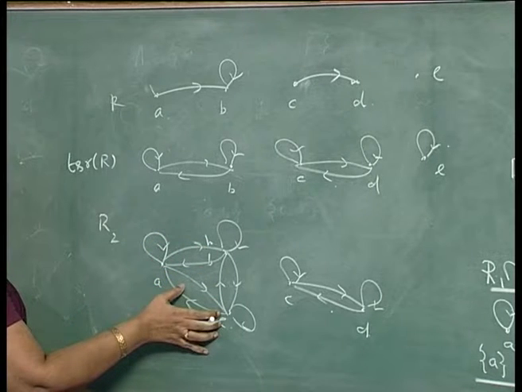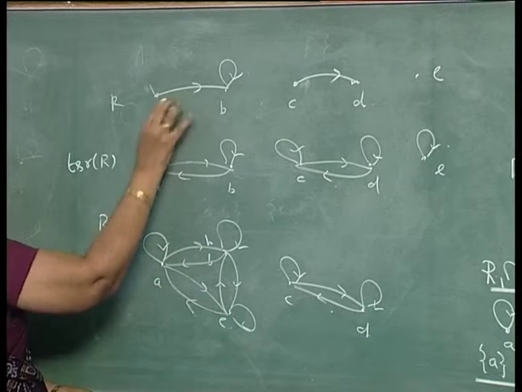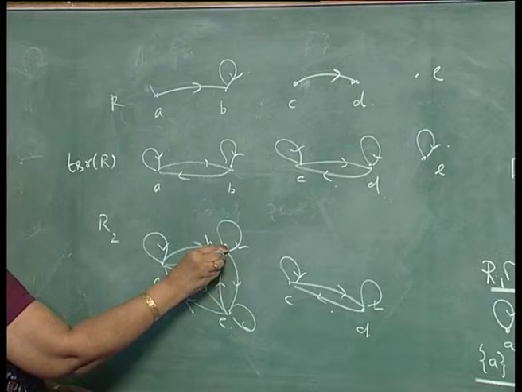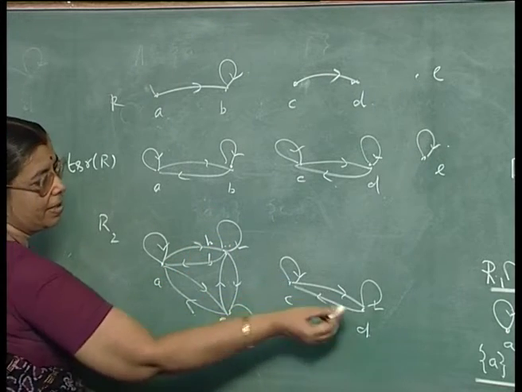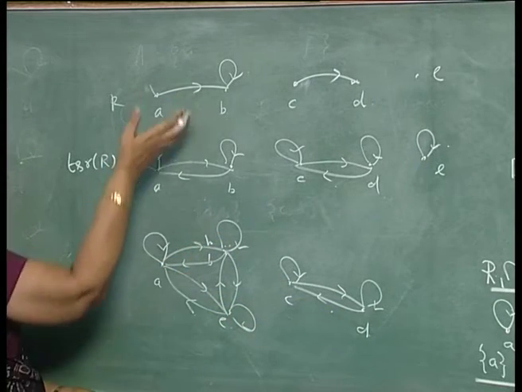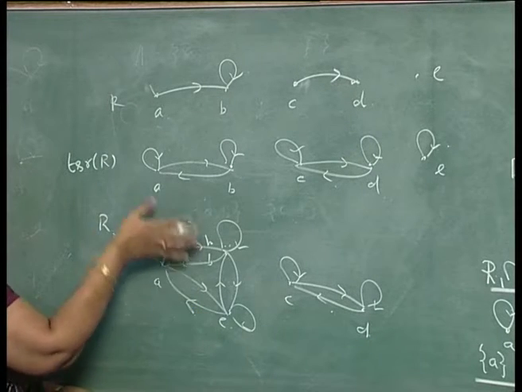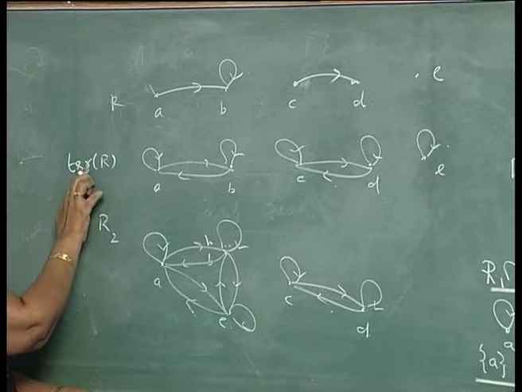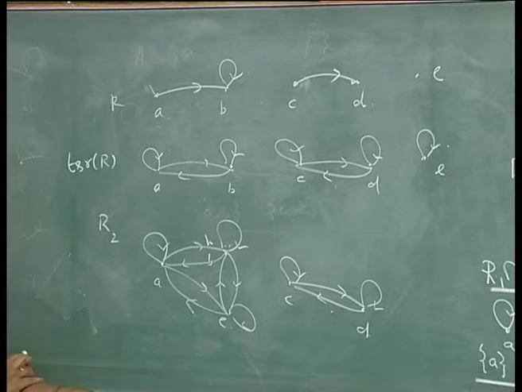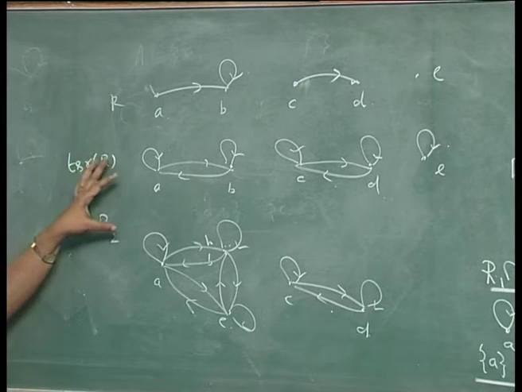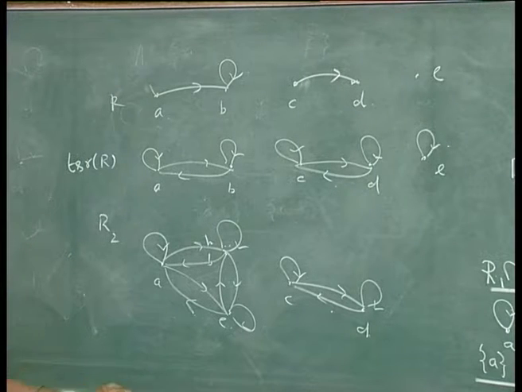This is another equivalence relation which contains R. You see AB is present there, this self loop is present there, CD is present there. So, this also contains R, but it is a bigger equivalence relation. It will always contain the transitive symmetric reflexive closure of R, which is the smallest equivalence relation containing R. That is what this result says.